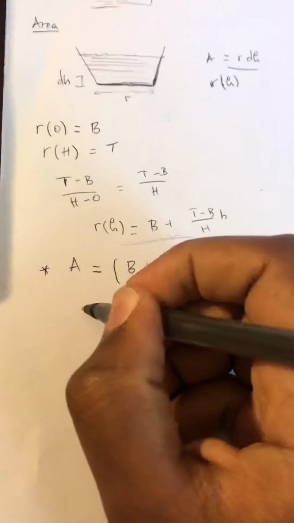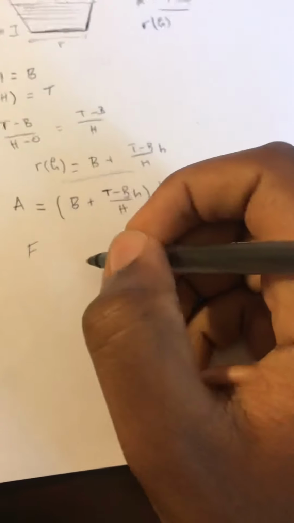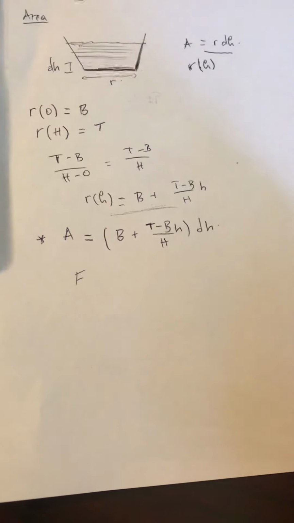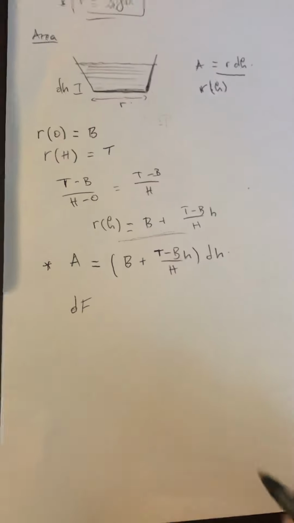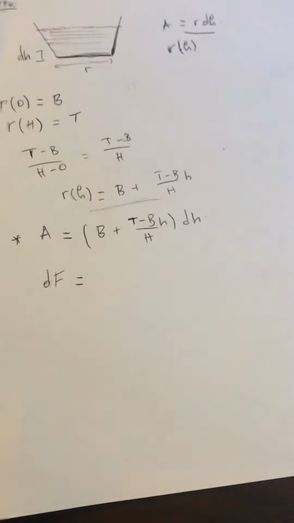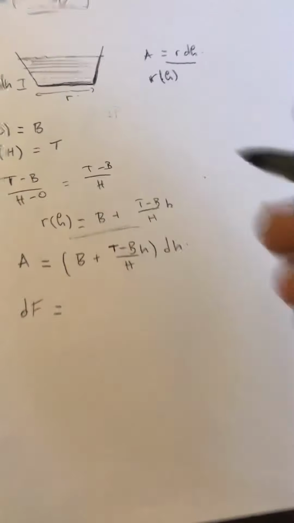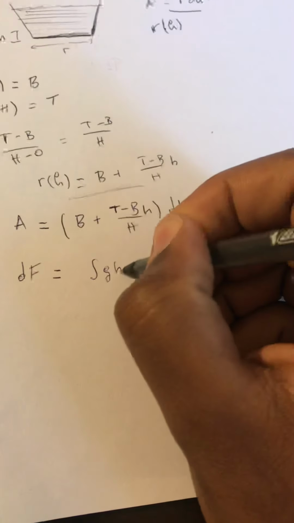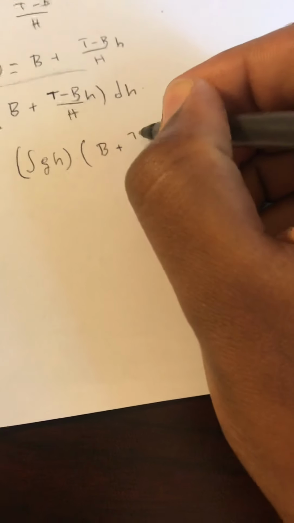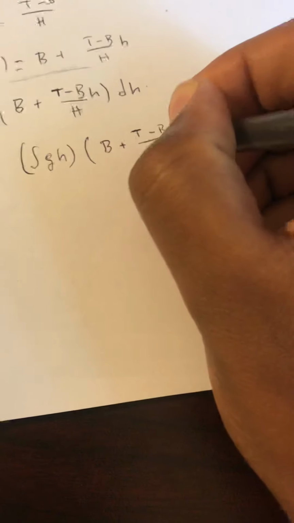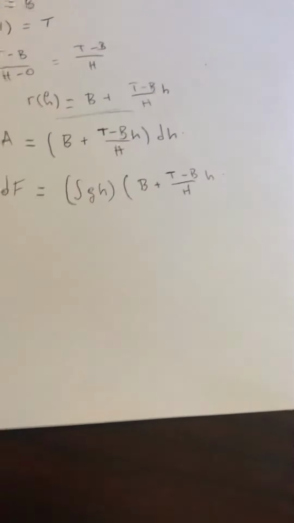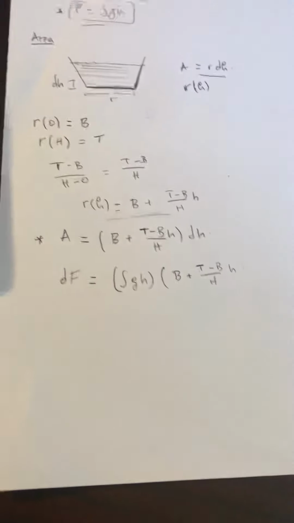Okay, so force is, we're gonna say that dF, okay, it's an integral, dF is equal to pressure. Okay, so rho g h is calculated here, okay, times the area, so this whole thing, so B plus T minus B all over H times h. Okay, and then